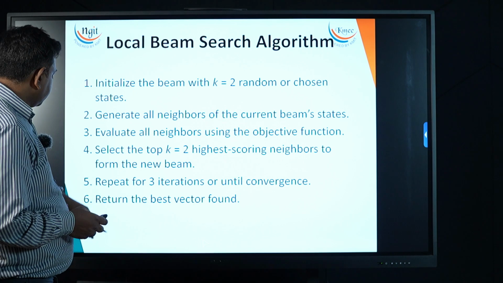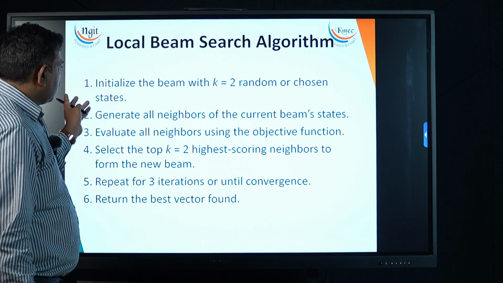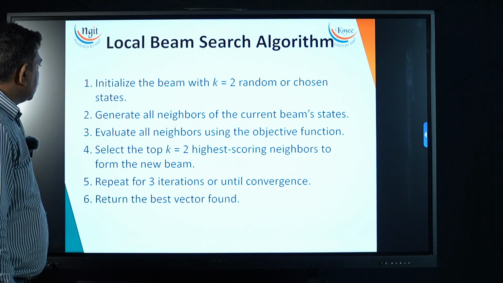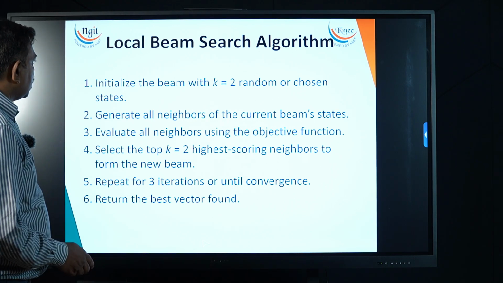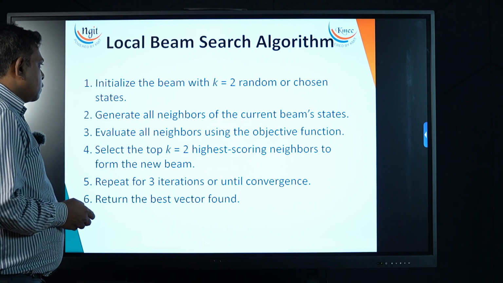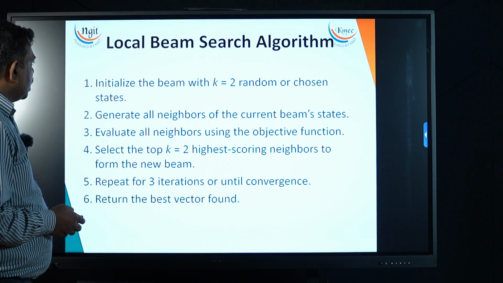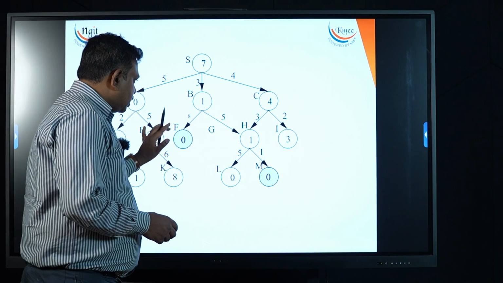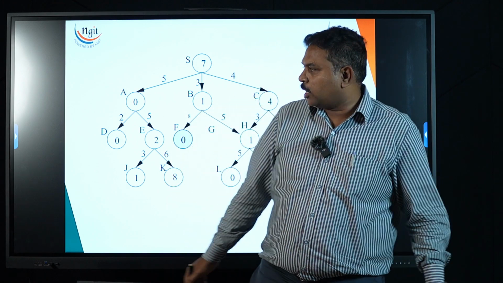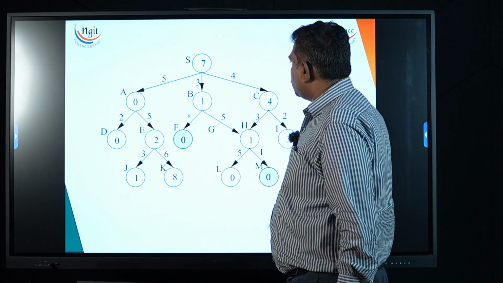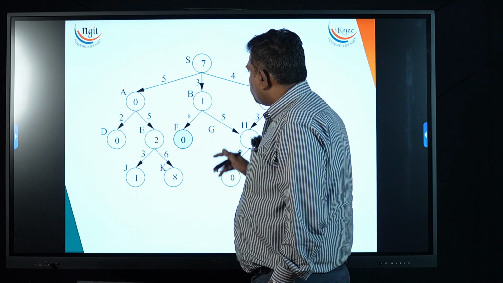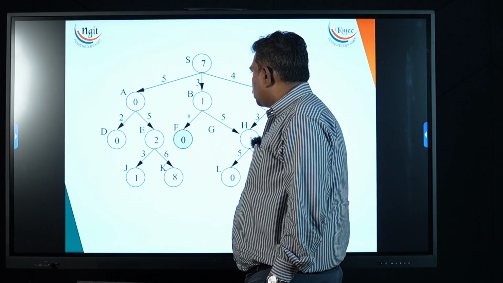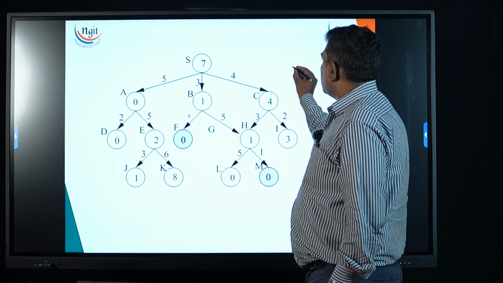So the second algorithm, after tabu, we go for another one, the local beam search algorithm. Local beam search is a local search algorithm where we use a beam structure. Suppose we already use this structure with estimated values and heuristic values. Now when we try to find the path in this graph that we used in A star and others, generally we take the